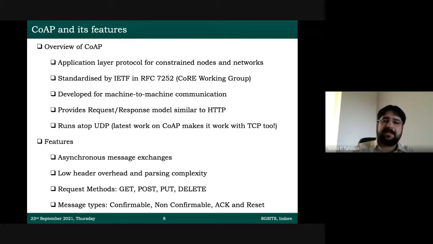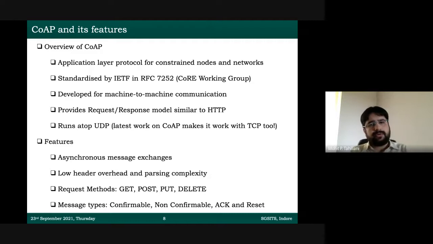So it's similar to HTTP in that regard, but it doesn't have all the complicated features that HTTP has, which are suitable for web traffic, but we can't use such heavy things for IoT. And more importantly, CoAP runs on top of UDP. HTTP runs on top of TCP, like I told in the previous slide. Of course, in IETF, some people have also been suggesting CoAP can run on top of TCP, and that's another work, and maybe that's a discussion for some other day, because if I go there, the remaining time will be spent only on that part. But as of now, CoAP is recommended to be used on top of UDP.